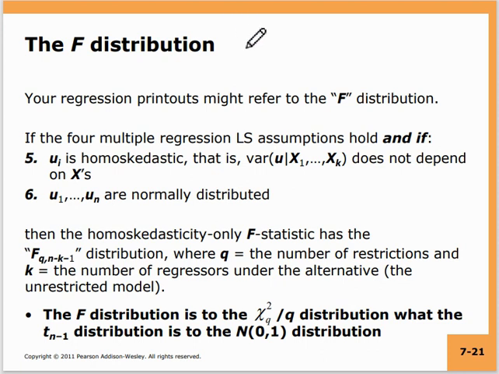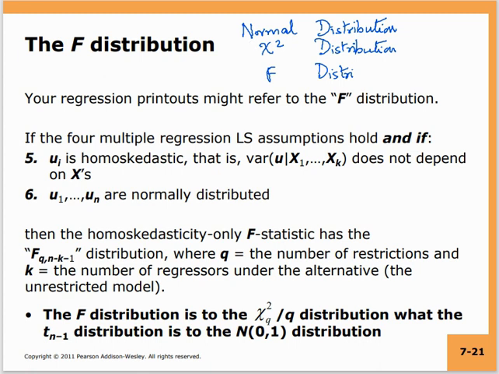So now we are introducing something new. We have so far looked at different kinds of distributions, all of which are continuous. We have looked at the normal distribution. We have introduced the idea of the chi-square distribution, even though we have not actually shown you a chi-square distribution. And now we are introducing the idea of the F distribution.